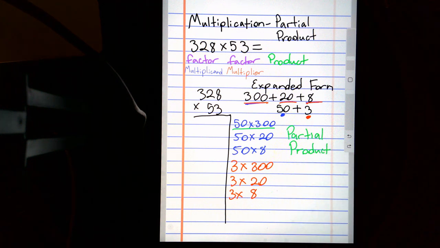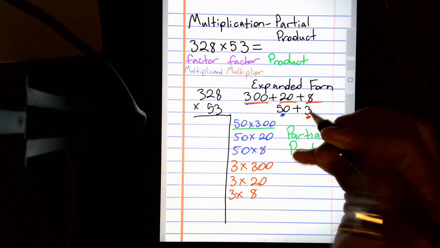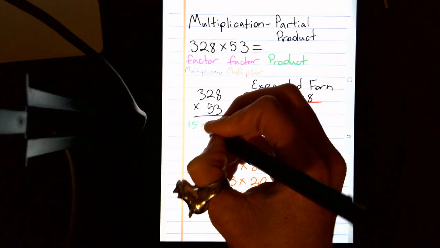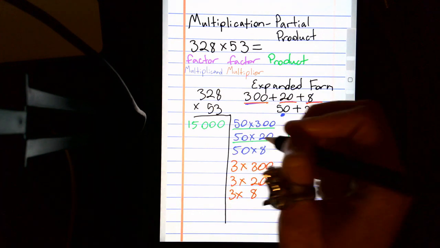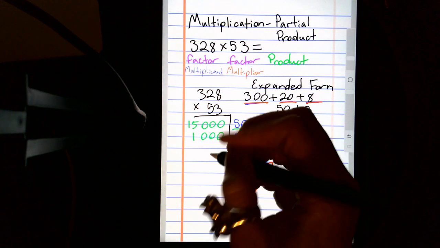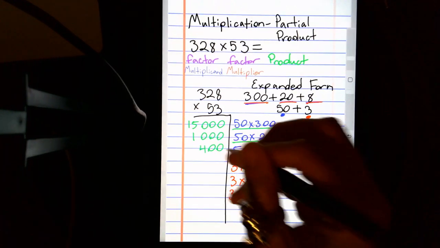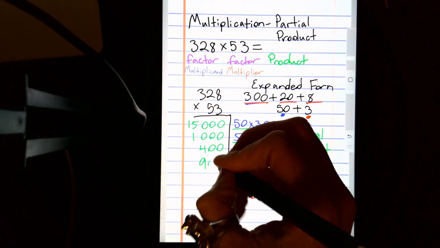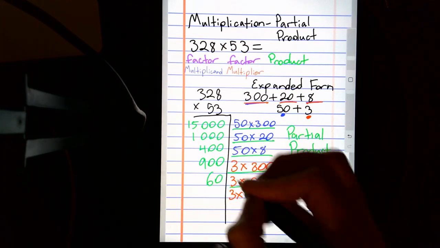But remember, to make it easier, you can always hide those zeros and bring them back to make everything a lot quicker. So we have 50 times 300. That's going to be 15,000. 50 times 20. That's going to be 1,000. 50 times 8, 400. 3 times 300, 900. 3 times 20 is going to be 60. 3 times 8,